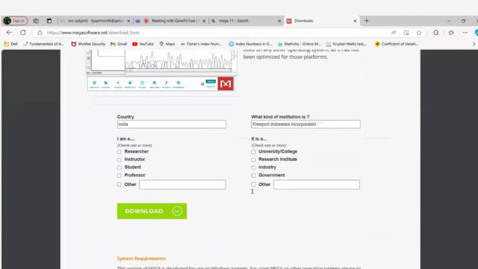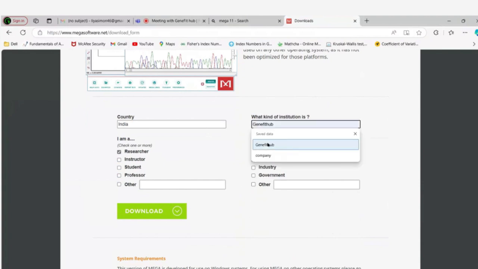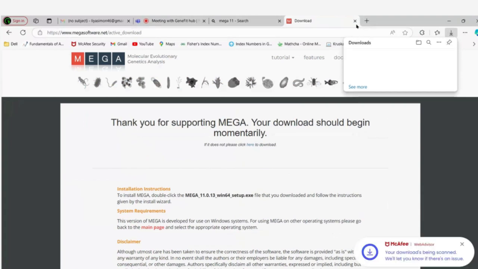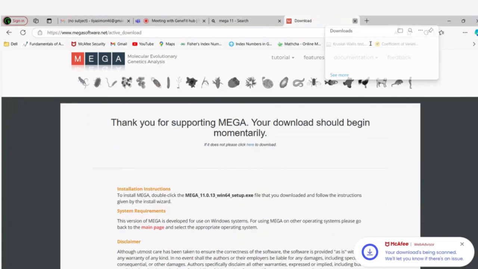And they need some basic details about you. And go to download. You can see that MEGA is downloading here. I already have this software in my system, so I don't want to download it. And I'm going straight to the